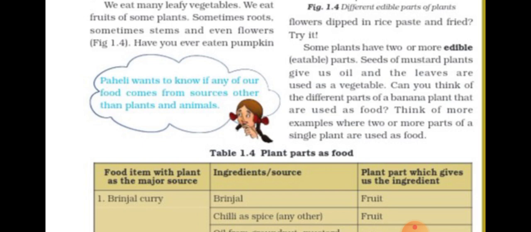Okay, so see next, seed of mustard plants give us oil and the leaves are used as a vegetable. Yes, this is also a best example. Okay, from mustard seed we get oil, mustard oil. And their leaves are also eaten as a vegetable. Sarson ka saag, it is famous on the Punjab side, sarson ka saag with makke ki roti. So in mustard plant also we get two